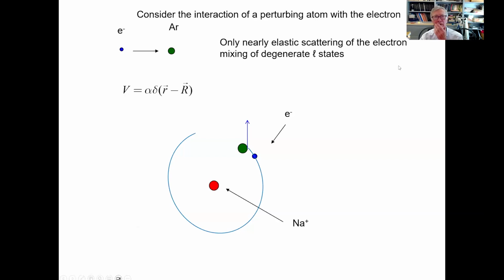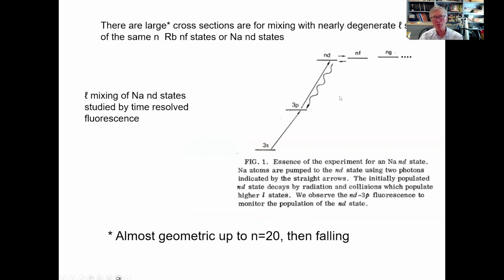So in fact, it's the interaction with the electrons that's the most important. And so if I have an argon or some other atom that wanders into the orbit of a Rydberg electron, the Rydberg atom basically scatters from it elastically. Just imagine a ping pong ball scattering from a billiard ball. So what happens is it scatters elastically and goes off in a new direction. And what that actually corresponds to in terms of the atomic state is that I can have mixing of the degenerate angular momentum states.